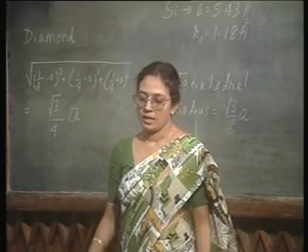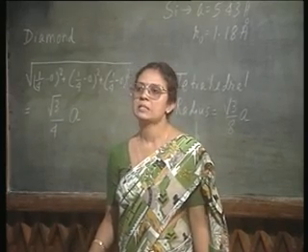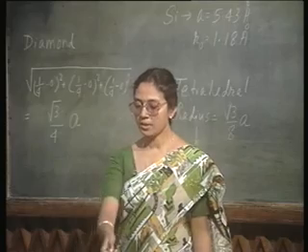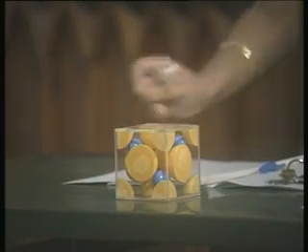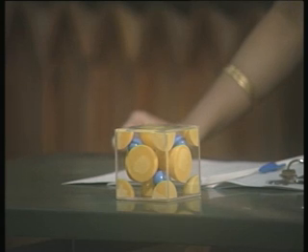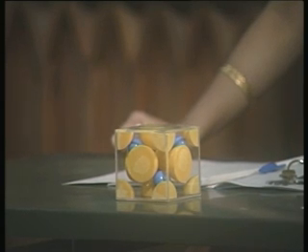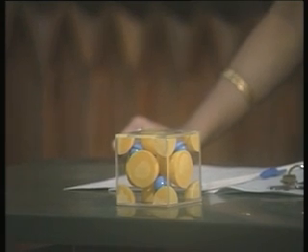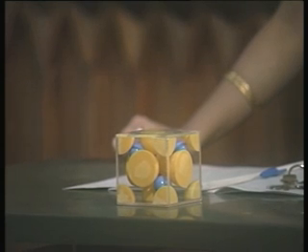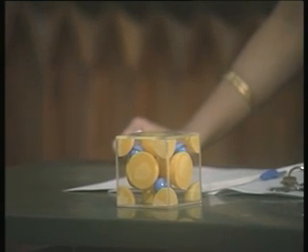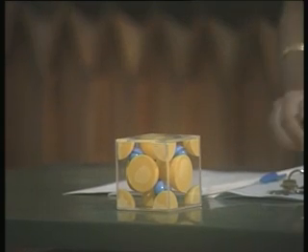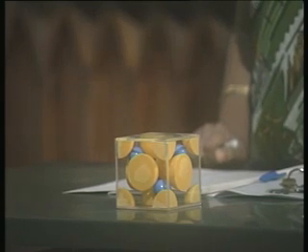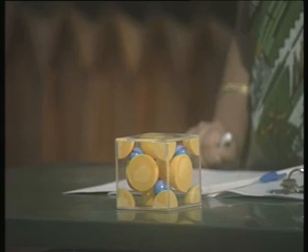Now, let us look at the packing density of this zinc blende structure. You can see in this model itself that not the entire space is taken up by the atoms, it cannot be. How does one calculate the packing density of a particular crystal structure? First of all, we must see how many atoms are there in a particular unit cell. So, this is my zinc blende unit cell. How many atoms are there?